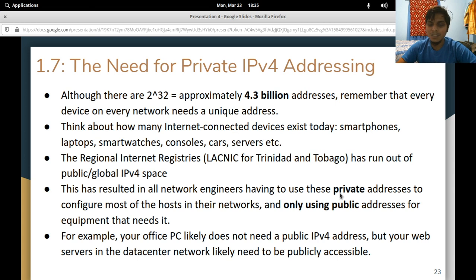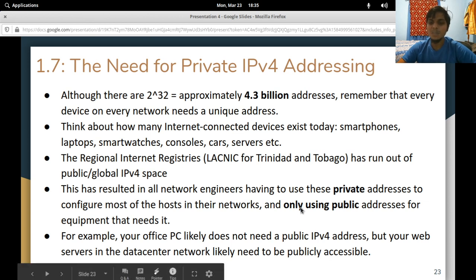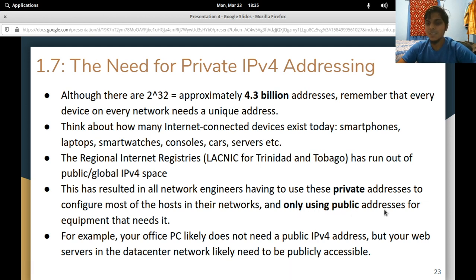So private addresses are freely accessible for anyone to use. You could go at home and address your PC with 192.168.1.1 without consulting anyone, and that is perfectly legal. And that is why everyone uses it. For basic home addresses, basic office PCs, printers, anything inside your network, people just use private addresses because it's so simple and easy to use, and they use public addresses when they need to get stuff out on the internet.